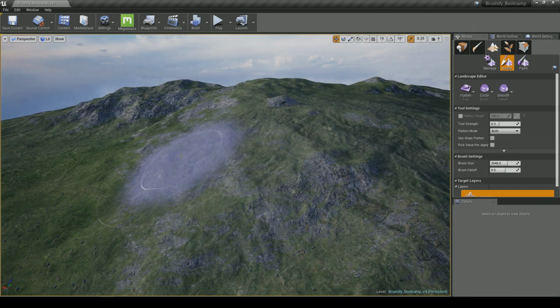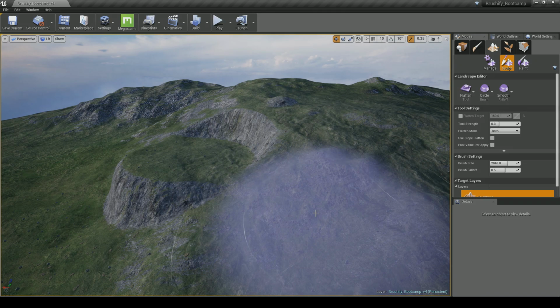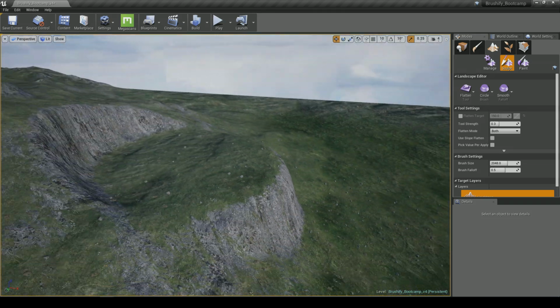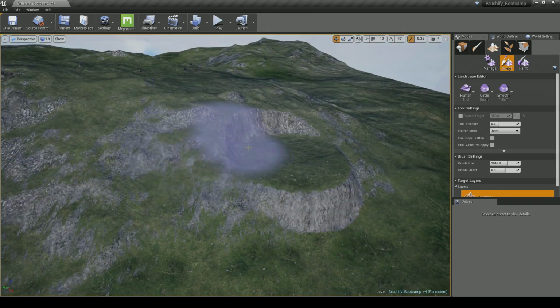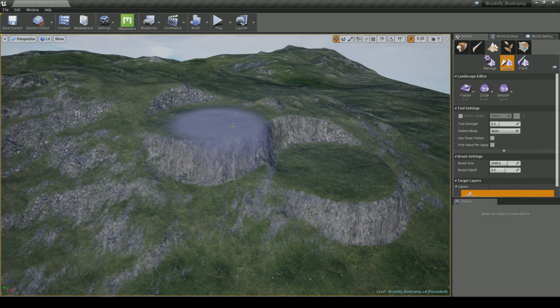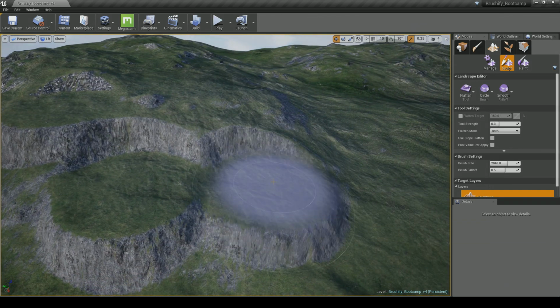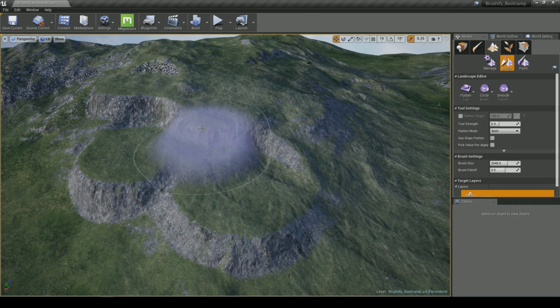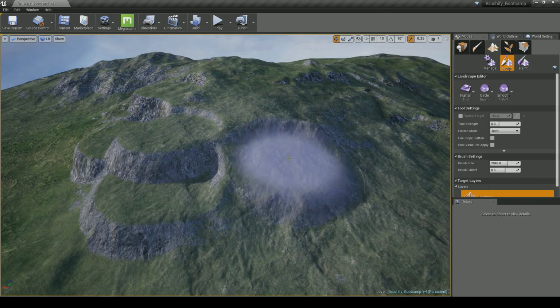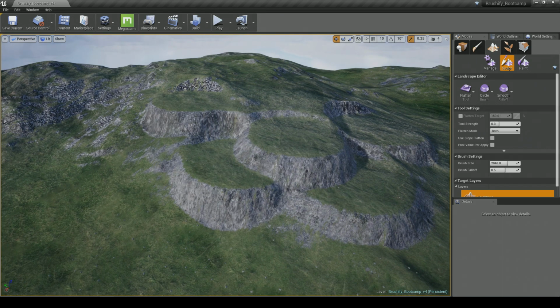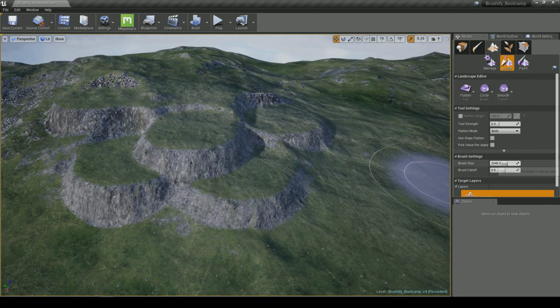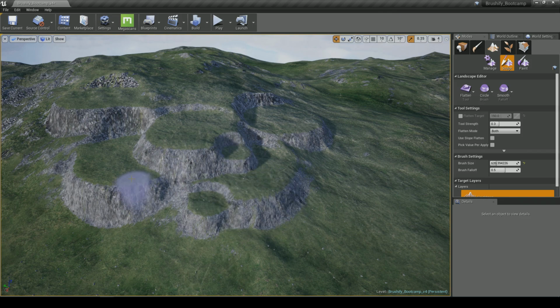Now, if I click, whoa, it's flattened out the terrain where I've clicked. And it's the same thing if I click here. Oh, now it's flattened out there. So that's really what this does. It flattens out at the height that you click at, and makes a little flattened area. And of course you can change the brush size as usual,